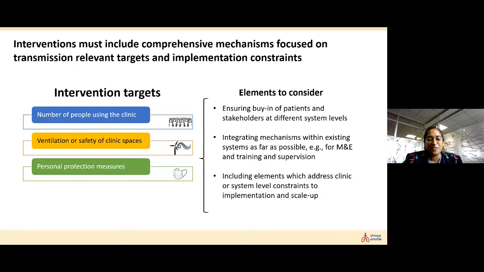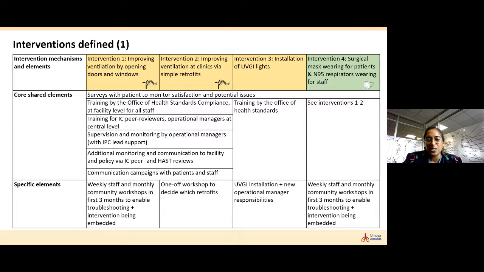This is the list of the final interventions discussed. In yellow, interventions which target ventilation and spaces, and in green, interventions which aim to increase personal protection. The first few you see aim to improve windows and doors, putting in place building retrofits or installing